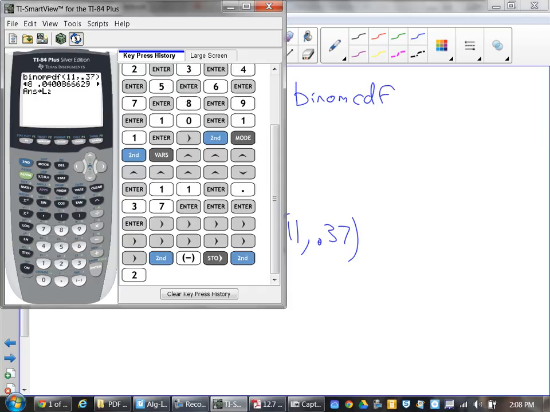Okay? If I store it in L2 and go back to my stat list, I can actually see all of it in the list. The PDF version is just a faster way to import multiple binomial occurrences. That's all it is. The advantage was there was a problem on one of the worksheets when it